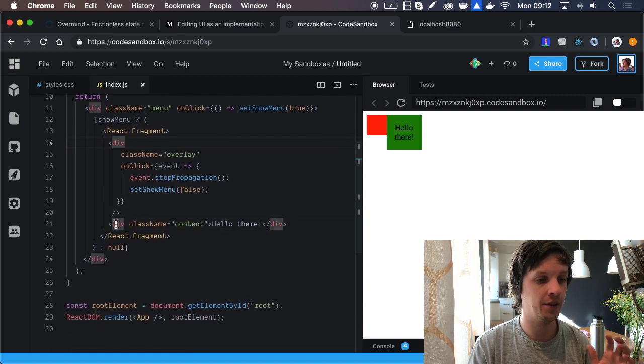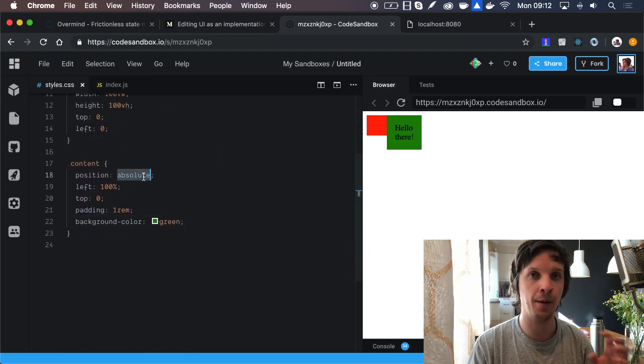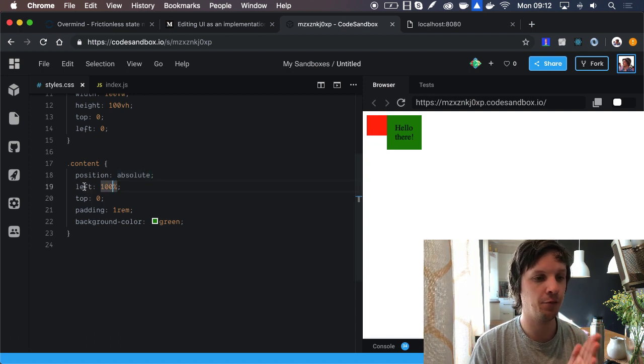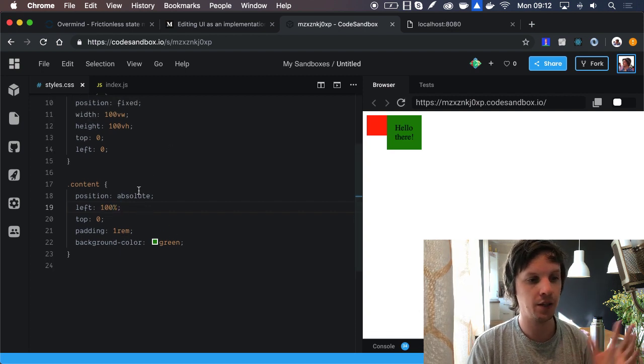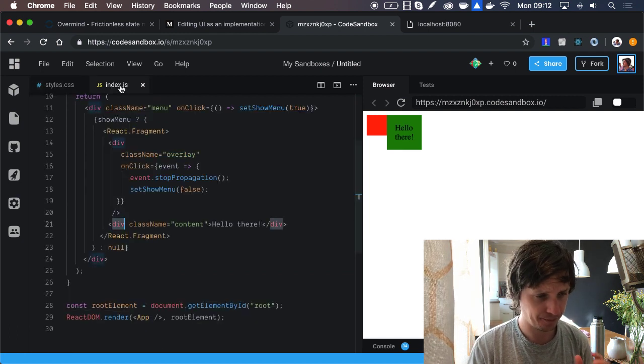And then we have the second element, which is the actual content, and this content is positioned absolute, so it will be relative to the button we clicked here, where I'm saying left 100% because I want it to be on the right side, and it doesn't matter where you put it. But that's all absolute, and this is very simplistic CSS.